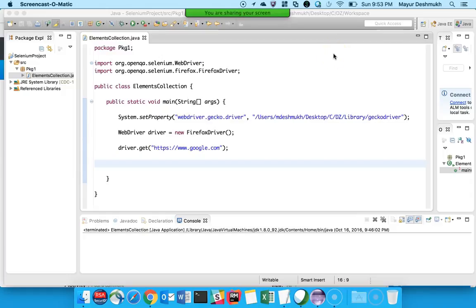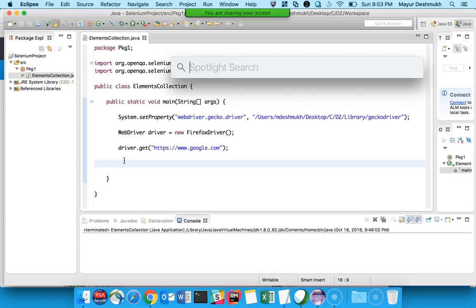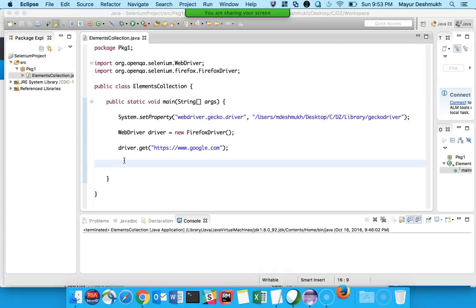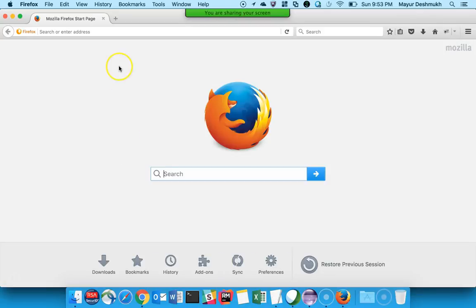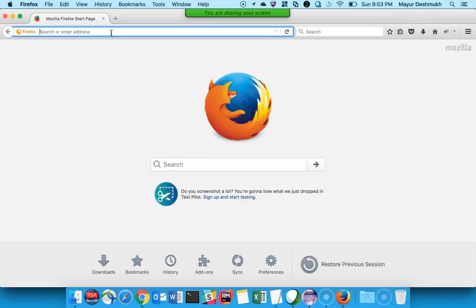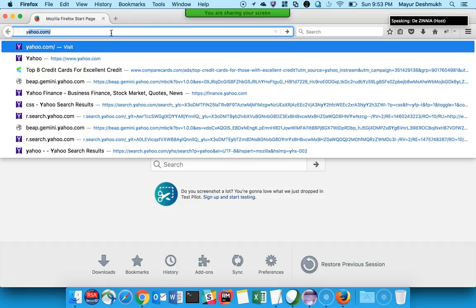Hello everyone. In this session we are going to see how to handle dynamic elements in Selenium. Now before we go ahead, let us understand what is the meaning of dynamic elements. So if I open Firefox and navigate to some site like Yahoo,